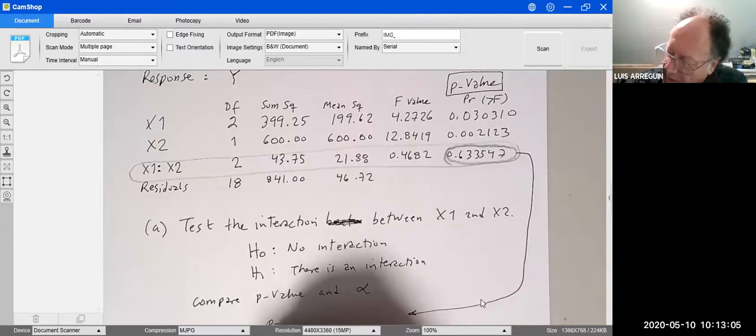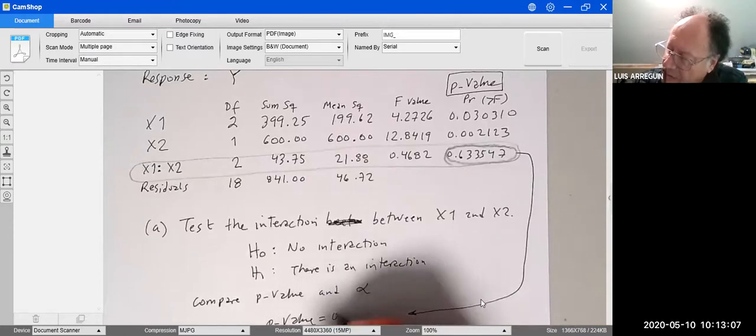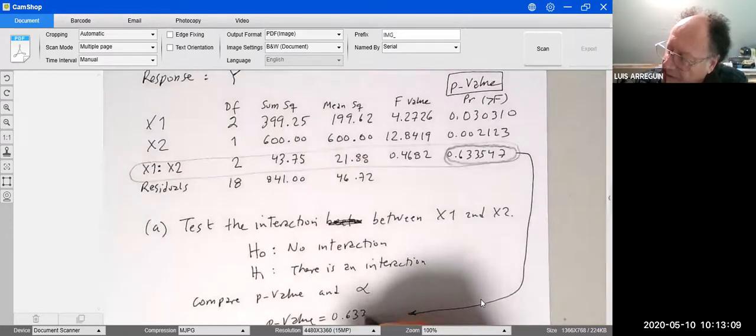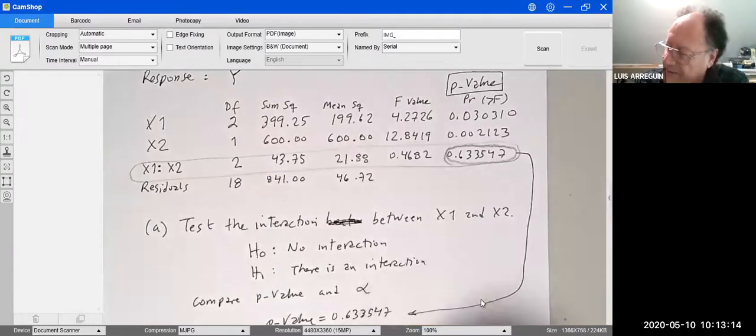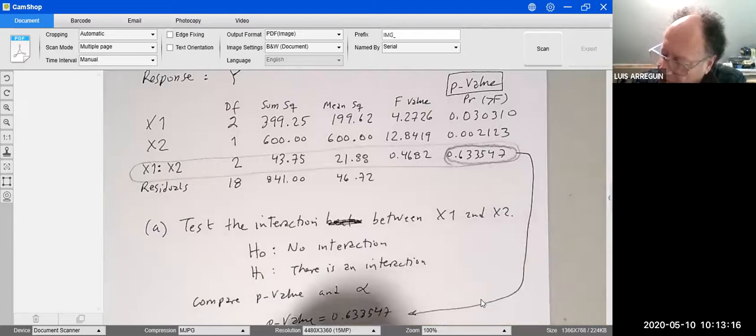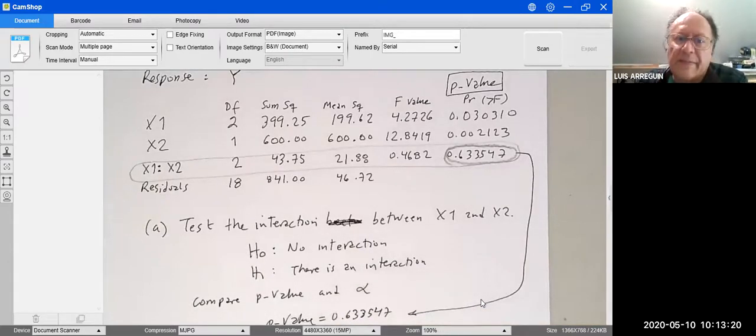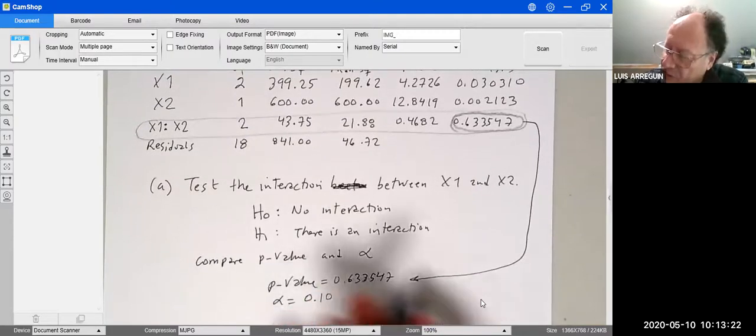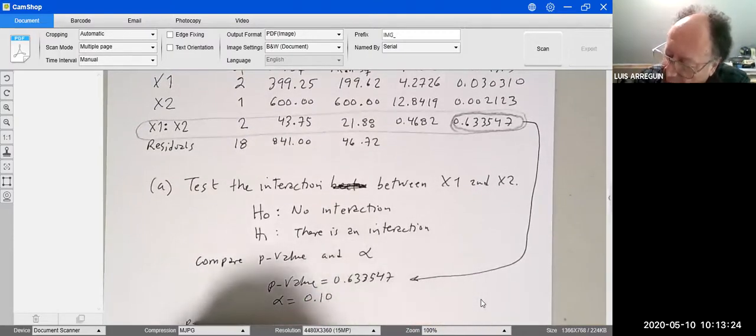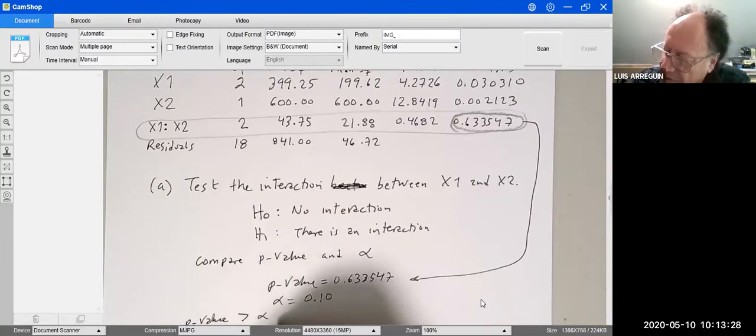The p-value is 0.633547, and alpha for the interaction is always 0.10. So we're going to compare these two values. You're going to see that the p-value is greater than alpha, so we